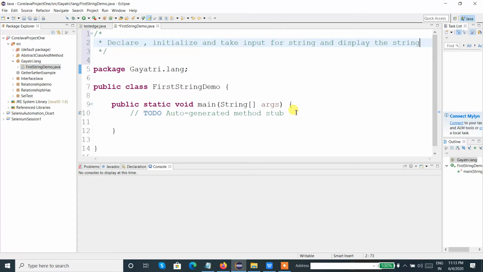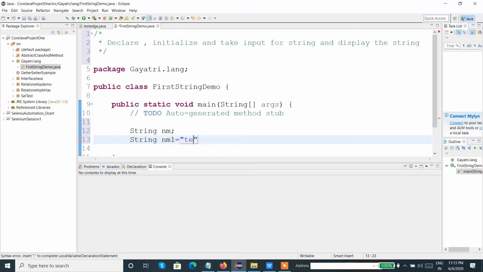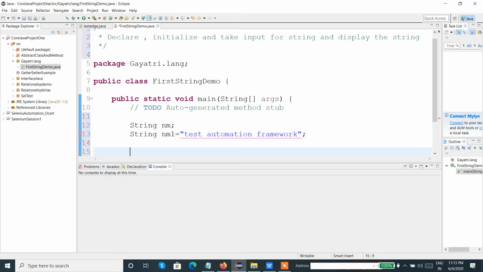So let's say I will use String name, and another one, String nm1 equal to, let's say, "test automation framework". This is a hard coded string, and I want to take the input for name.